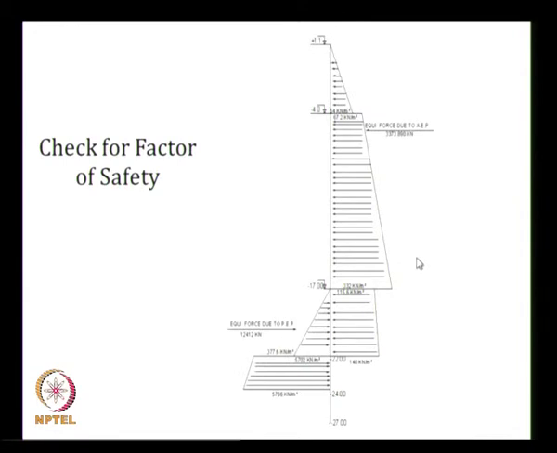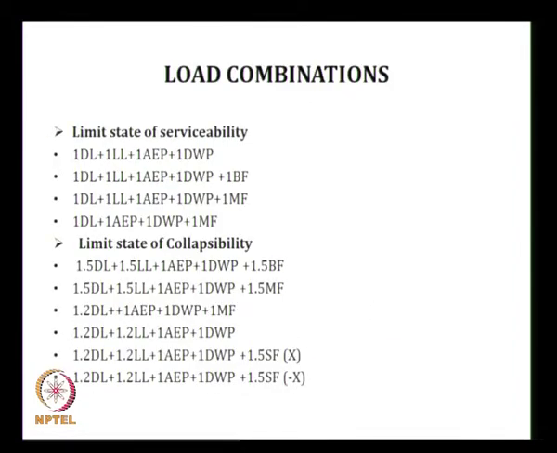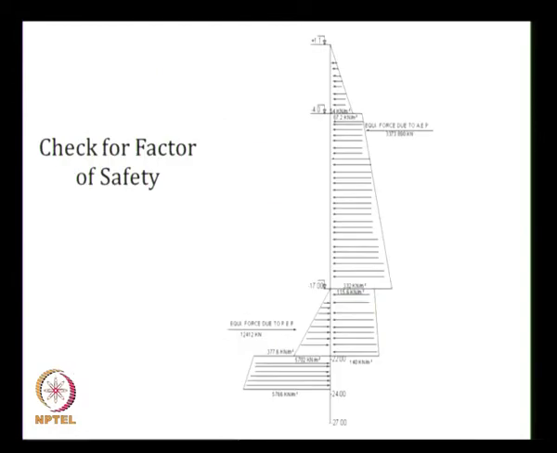So we have to check the factor of safety based on the passive pressure, active pressure and differential water pressure diagrams. That should be greater than 2, that is, the net equivalent force due to passive earth pressure and the equivalent force due to active earth pressure and differential water pressure. This should be 2 times that of the active earth pressure. Up to that you should create the founding level.